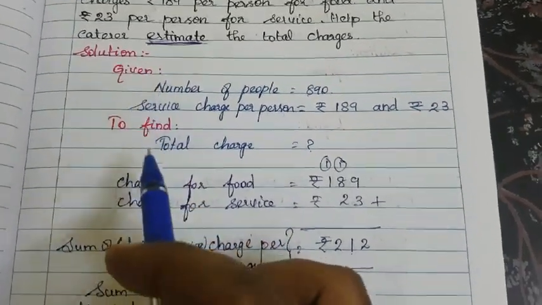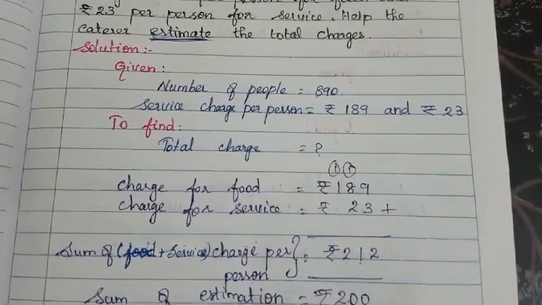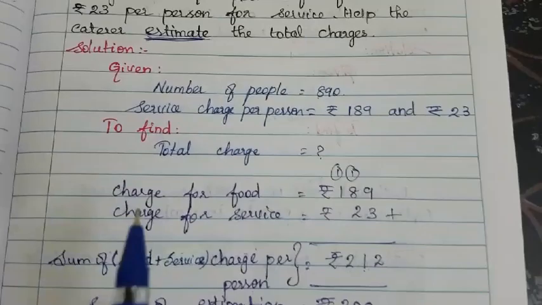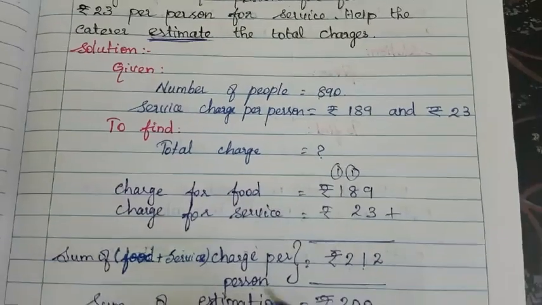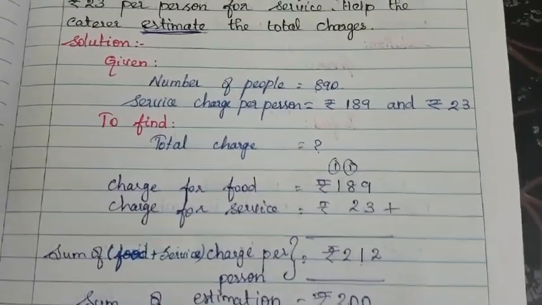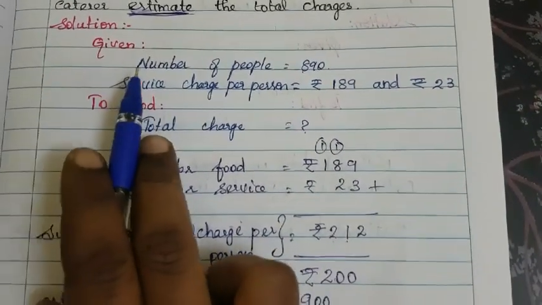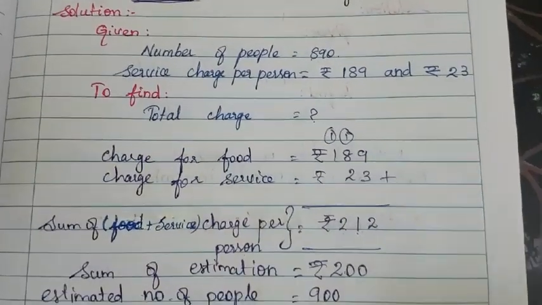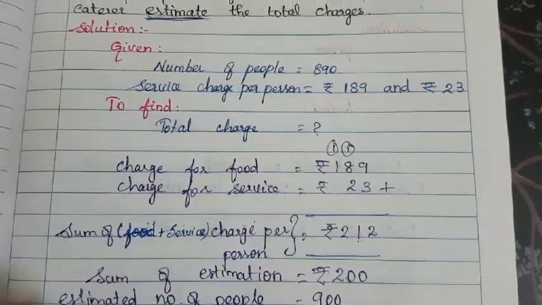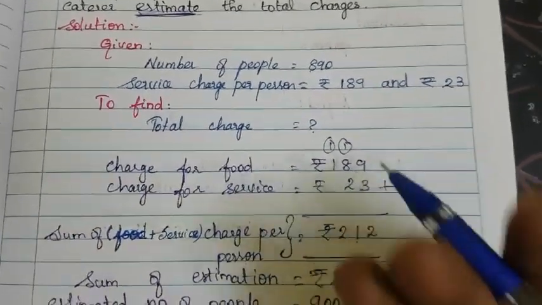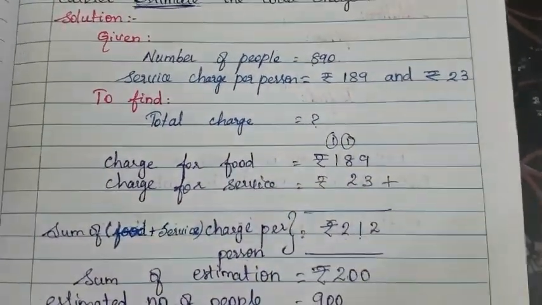So look here, I have written given and to find. Whenever you are solving a word problem, this is a very, very important thing. Without given and to find, it will not be accepted. This is a basic thing, because in any exam, whether school exams or board exams, if you write given and to find, you will get half a mark or something like that. Definitely you will get marks by writing given and to find. It will also be easy for you to understand the question properly. So please do this whenever you are solving a word problem.